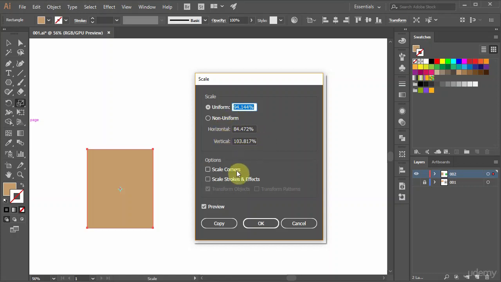There are also options down here whether we want to scale the corner. This option is important if we have rounded corners. The option in here is where we determine whether scaling will affect stroke size or not. And the 2 options down here will determine whether scaling affects object only or pattern only or both. So basically, if you don't have any pattern in the object, these options are turned off by default. We're going to discuss patterns in later videos, inshallah.